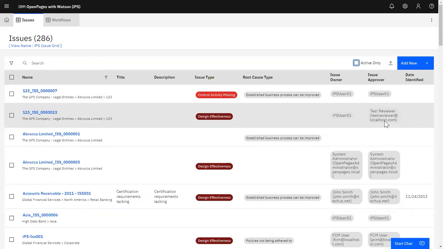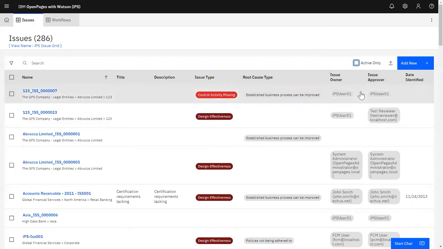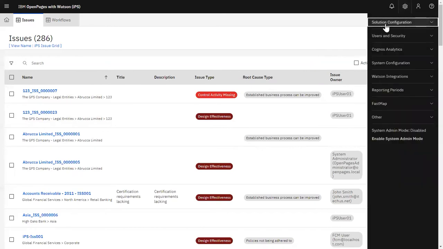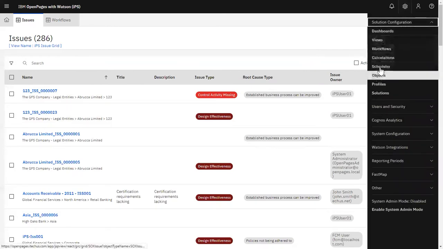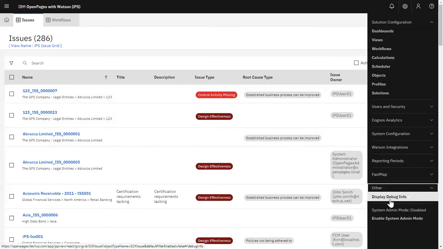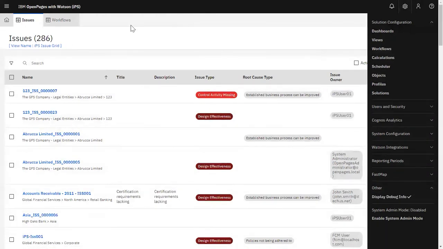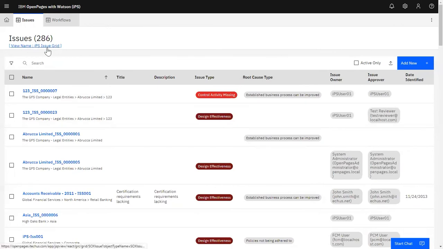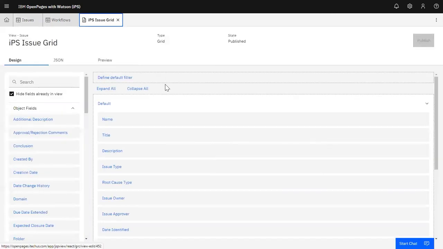Now, what if you don't want to use this, right? You'll basically have to go to this grid view and modify the default filter. There are two ways you can do that. You can either go to the solution configuration section here and go to the specific view, or if you don't know which view or which grid view you need to modify, you can enable the debug info. That way you can see what view this corresponds to, and then you can click on this name to go directly to the